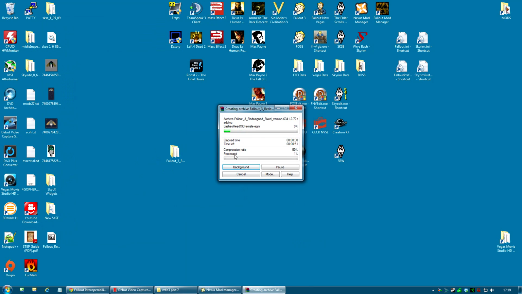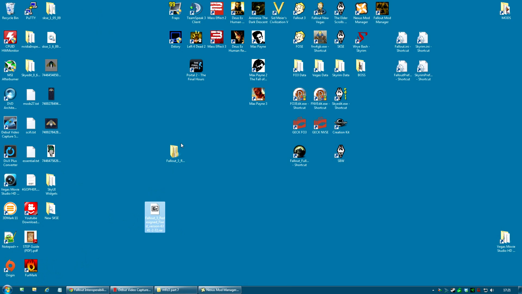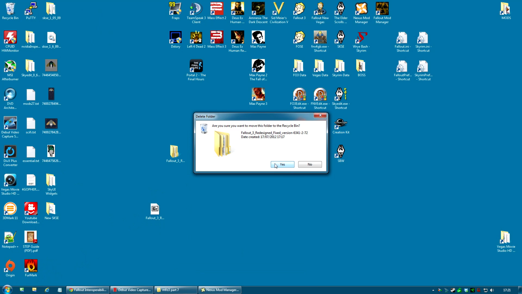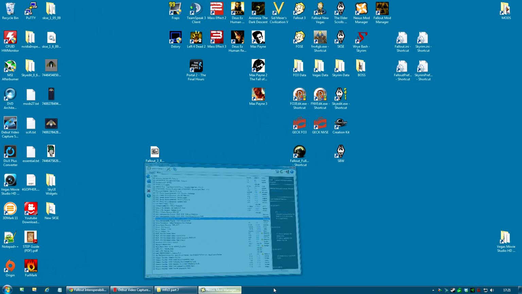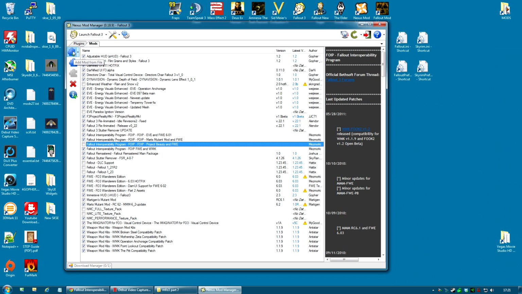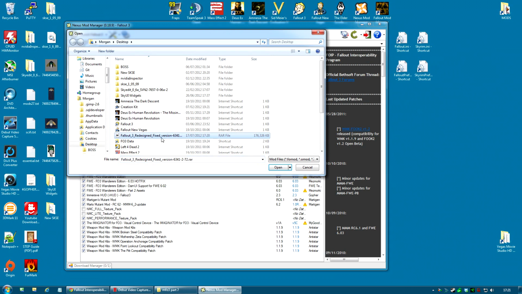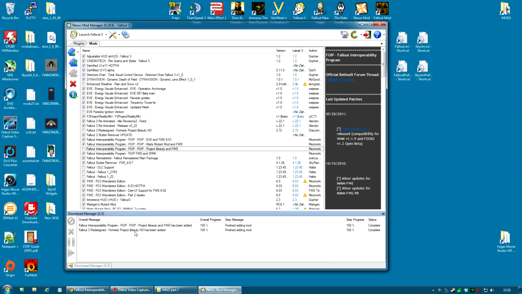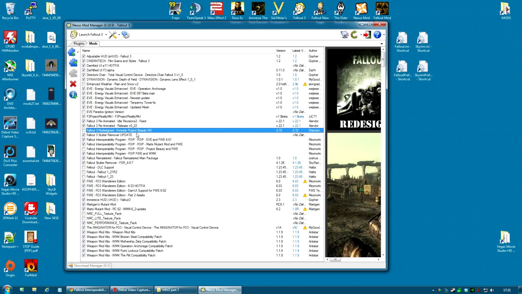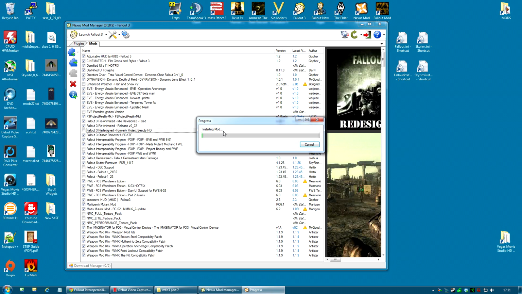I can then close this, right click on it and add to Fallout 3 Redesigned Fixed version, all those numbers, etc. RAR. And now that will take a little while because it is going to compress the files, and there are a lot of them. And once it's finished with that file, you can delete that folder, go back to Nexus Mod Manager, go to the Add Mod from File, and choose the Fallout 3 Redesigned Fixed RAR that you just made. And there it is. And now simply to install, I just go along to the Fallout 3 Redesigned faux mod and activate. And again, it's not that long to install, but a few seconds.